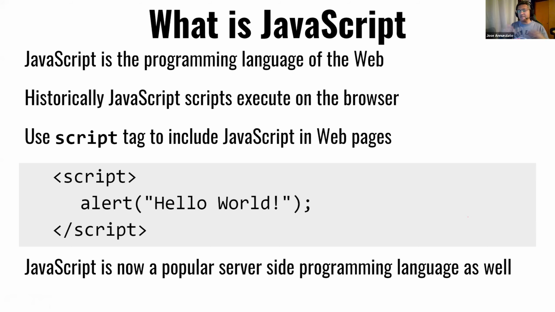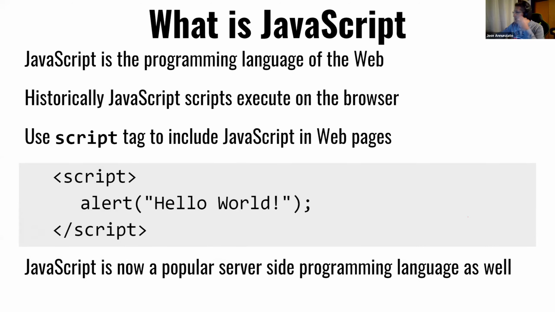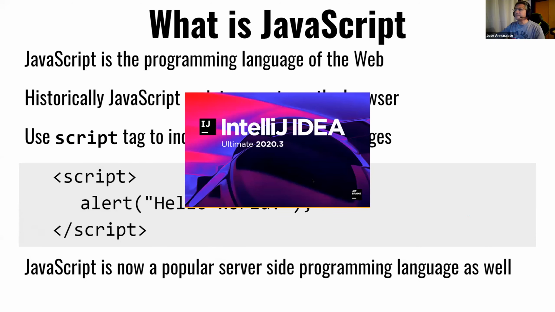And obviously it's unlike HTML where you have tags and opening tags and closing tags and attributes. Instead, here you have full-blown functions, classes, objects, and arrays and variables and everything you would expect in a full-blown programming language. Okay, so I'm going to open up my IntelliJ,